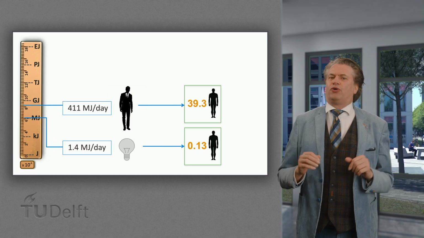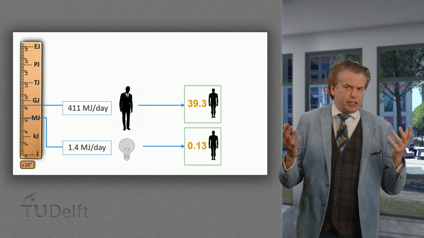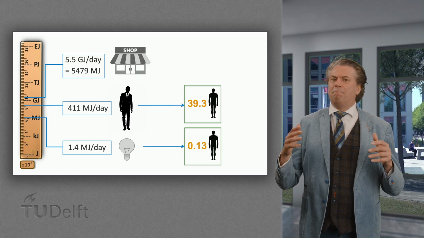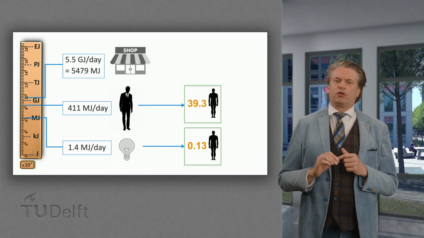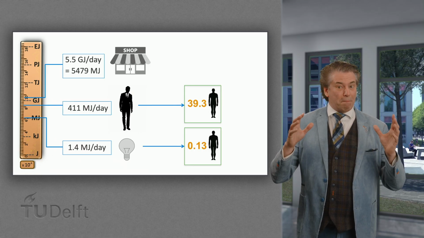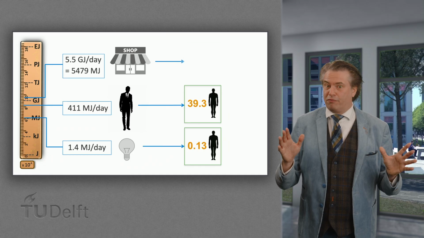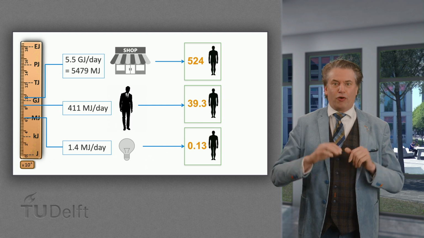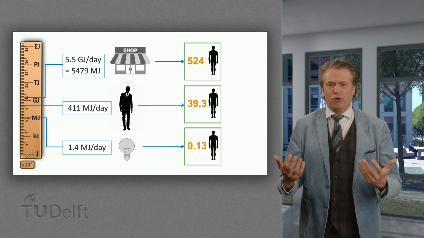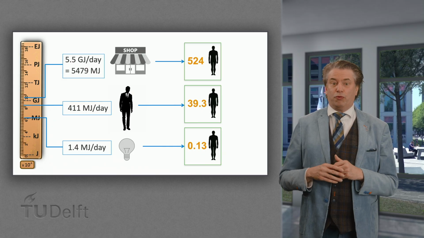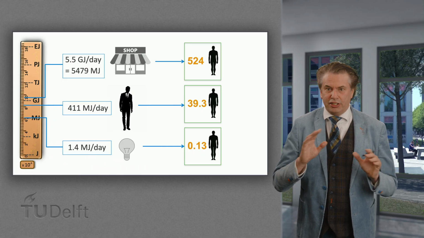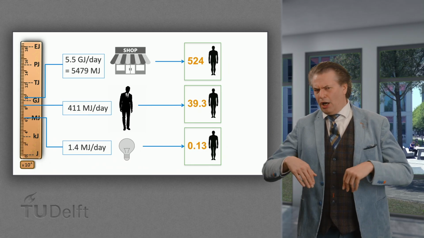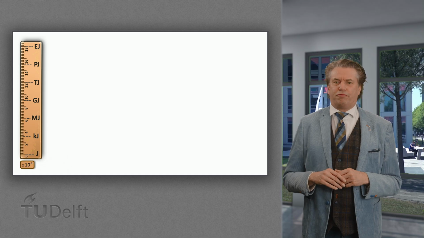This figure naturally depends on standards of living and is different for each person, of course. The consumption of a small bookshop is an order of magnitude higher. The average bookshop consumes over 5,400 megajoules per day, or 5.4 gigajoules of energy per day. This is equivalent to 524 human units. Thus, every day the average bookshop uses enough energy for you, if it would be in the form of chemical energy or food, to sustain yourself for almost a year and a half. Moving further up the scale, we come to the next order of magnitude.